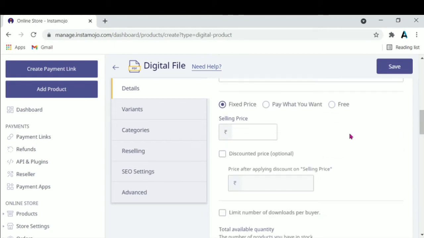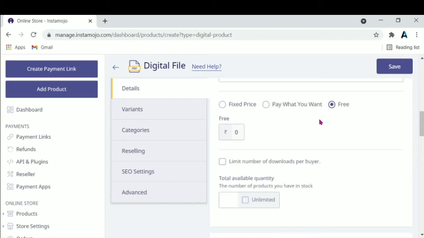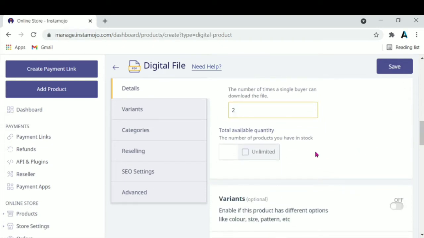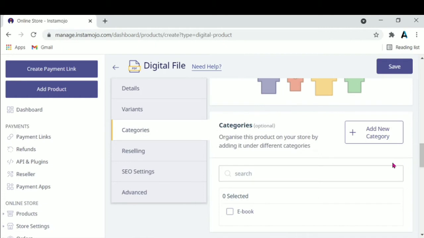After that, add a price here. I want to sell this for free. Then click here. Give the permission how many times buyers can download this. Then unlimited.